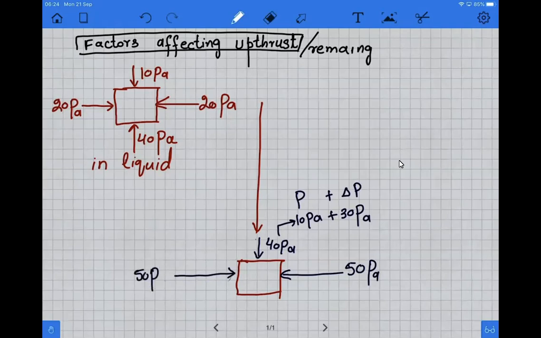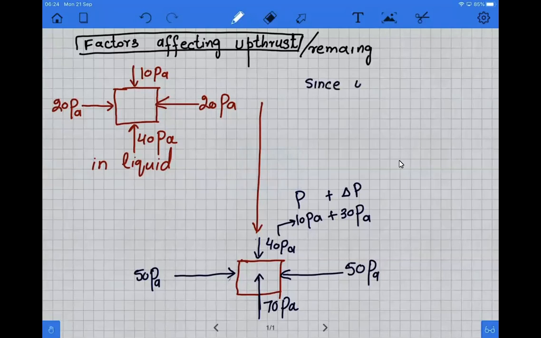This would become 50 Pascal, and from the bottom it would be 40 plus 30, 70 Pascal. Now you see, the increase in pressure on all the sides is the same. So we can say that the conclusion here is,